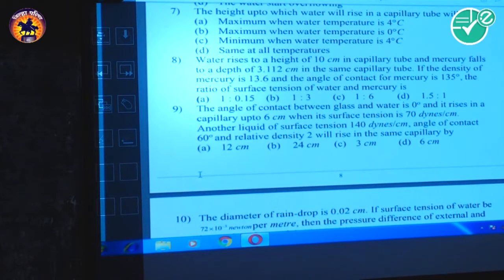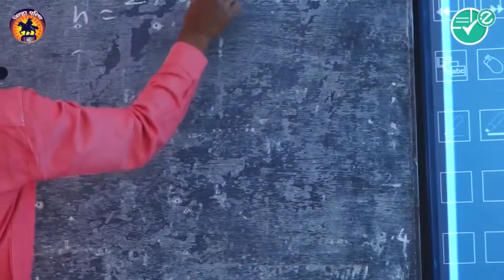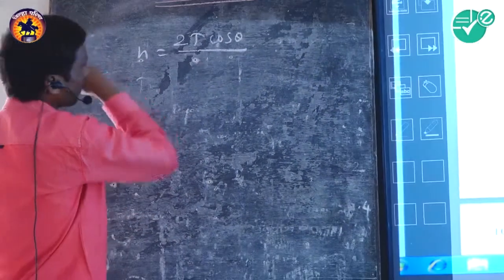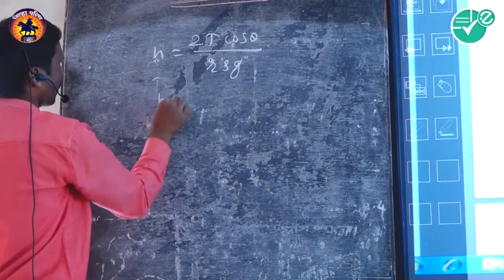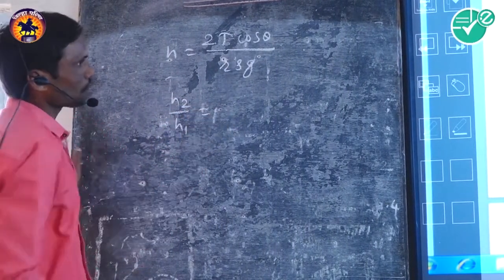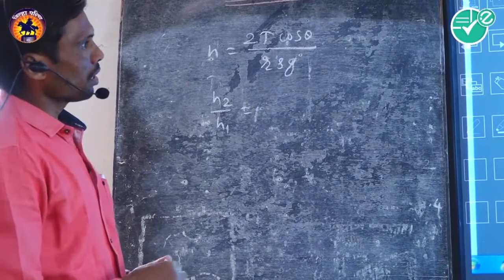It means here we have to determine the rise of liquid in the other capillary tube. We know the rise of the liquid is given by the expression 2T cos theta divided by r rho g. Therefore H2 divided by H1 is equal to,